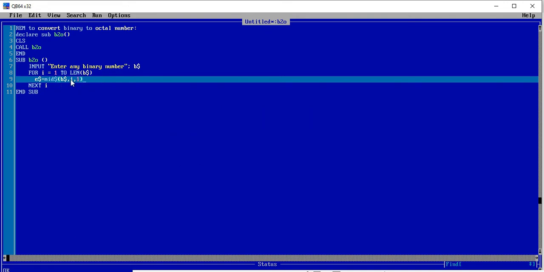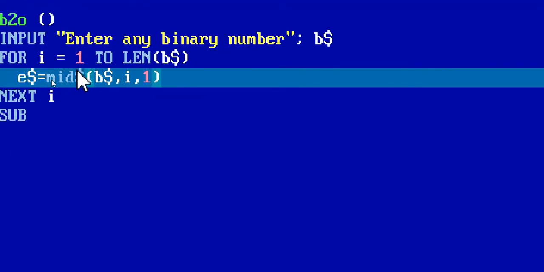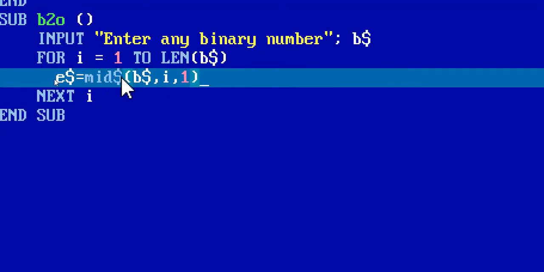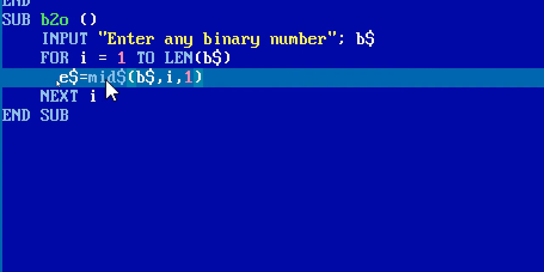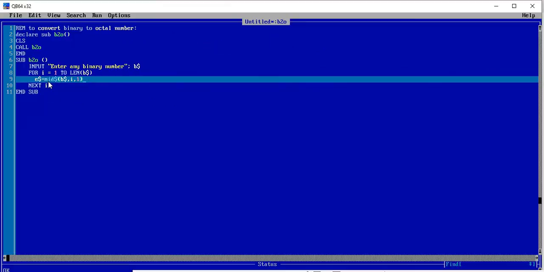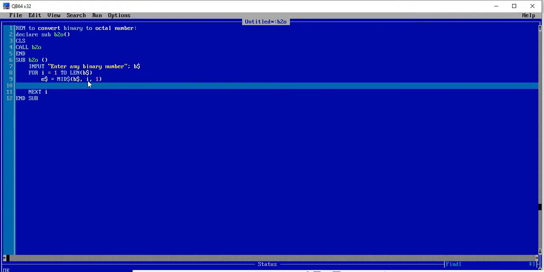When the value of I is 1, then E$ will extract the first bit of that binary number, MID$(B$, 1, 1). That means the first bit will be extracted, and let's do some calculation for the first bit.